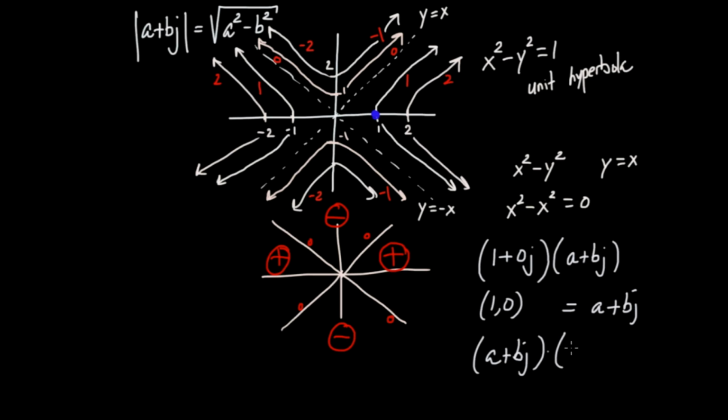A plus bj times 1 plus 0j is also equal to a plus bj. So this is the special split complex number that acts like the number 1, just like we had in the complex numbers. Now, I point this out because